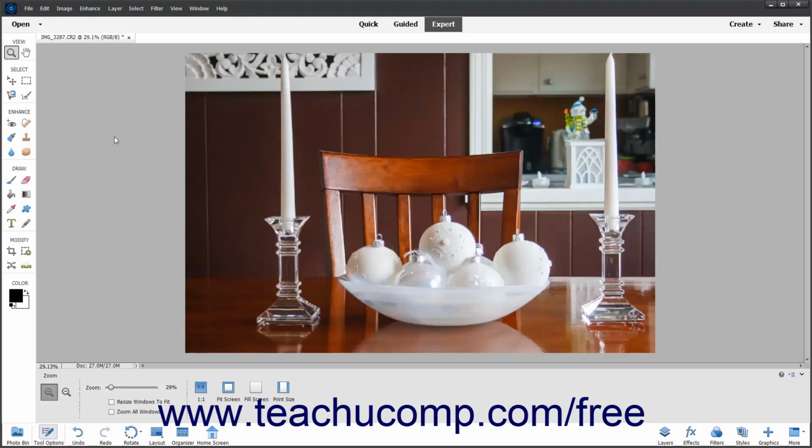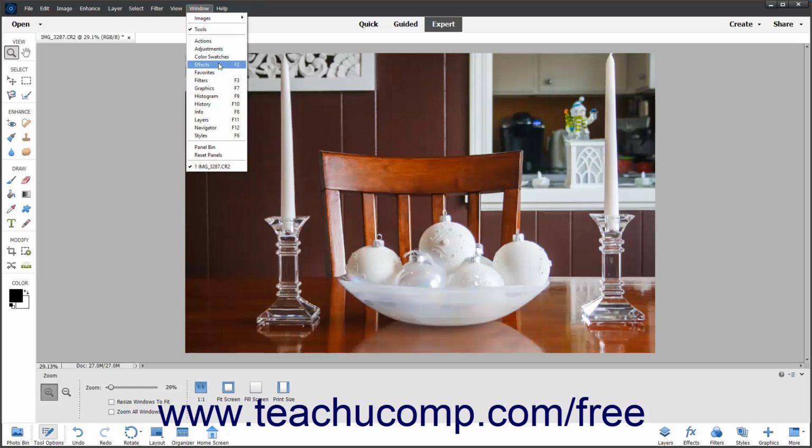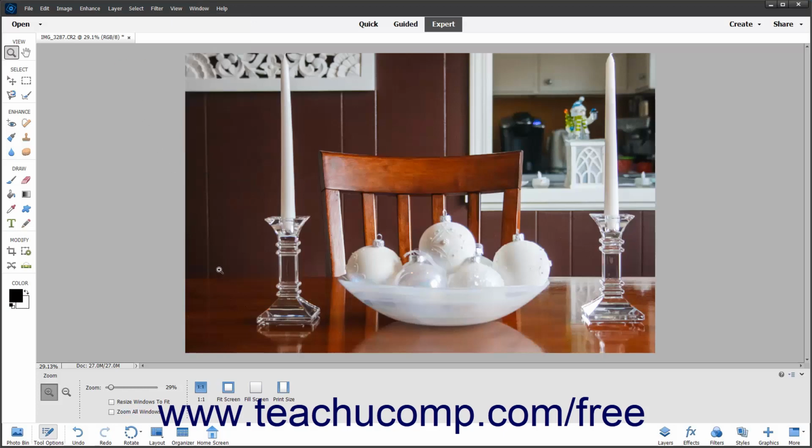There are several photo effects which are similar to filters that you can apply to your images. To apply effects to a photo opened in Photoshop Elements, select Window, Effects from the menu bar to open the Effects panel. Alternatively, if using the basic workspace, click the Effects button towards the right end of the taskbar to